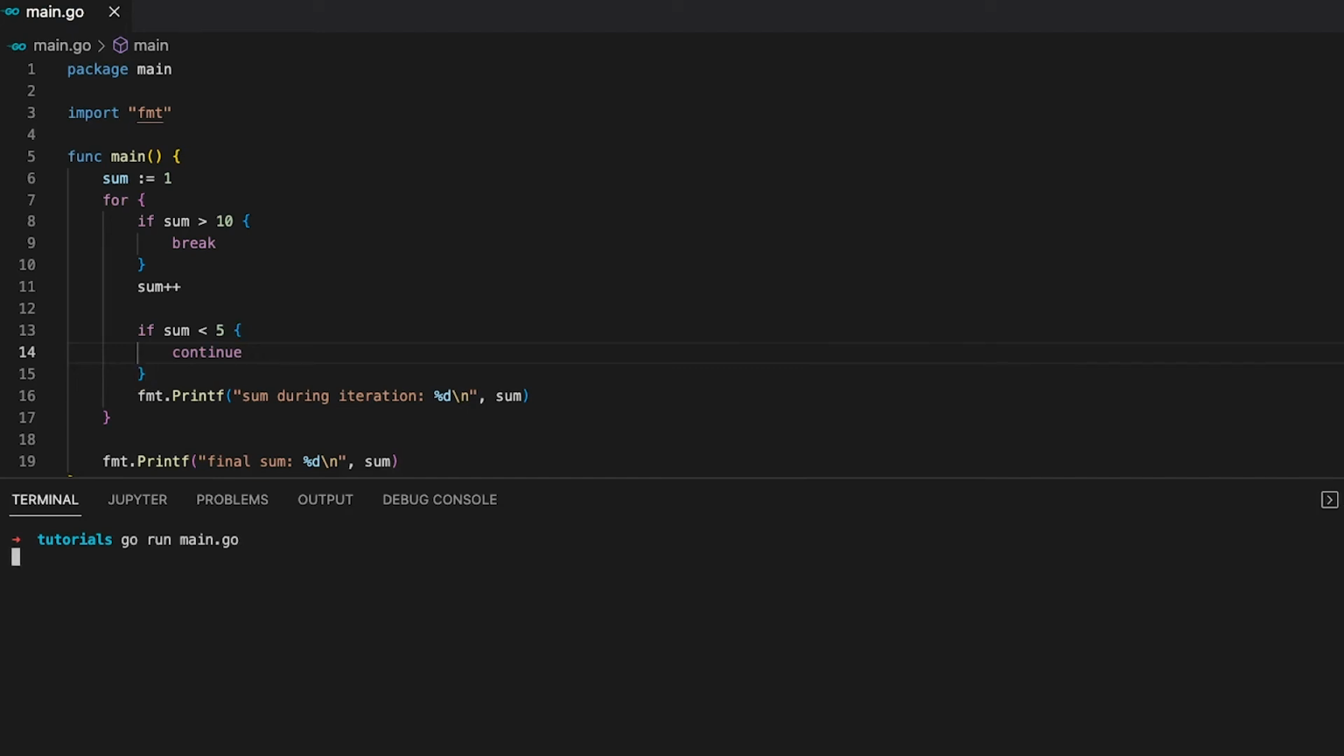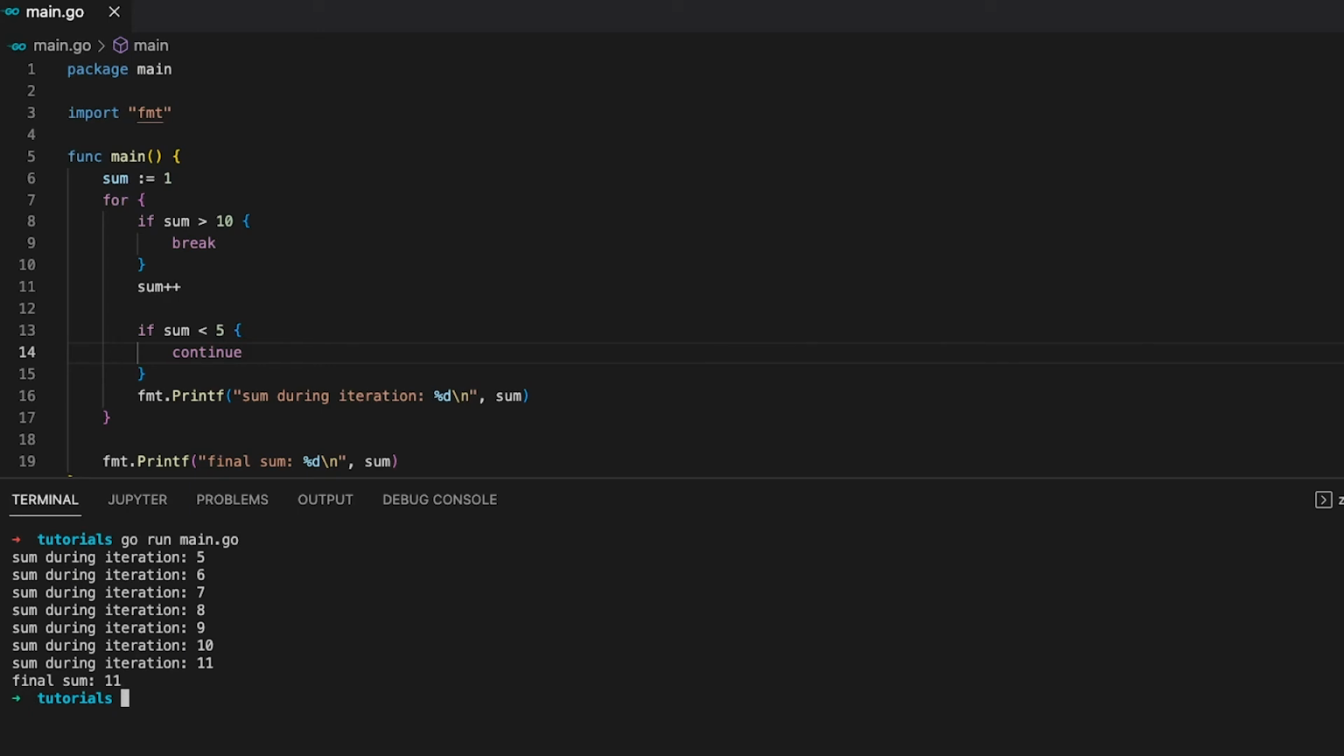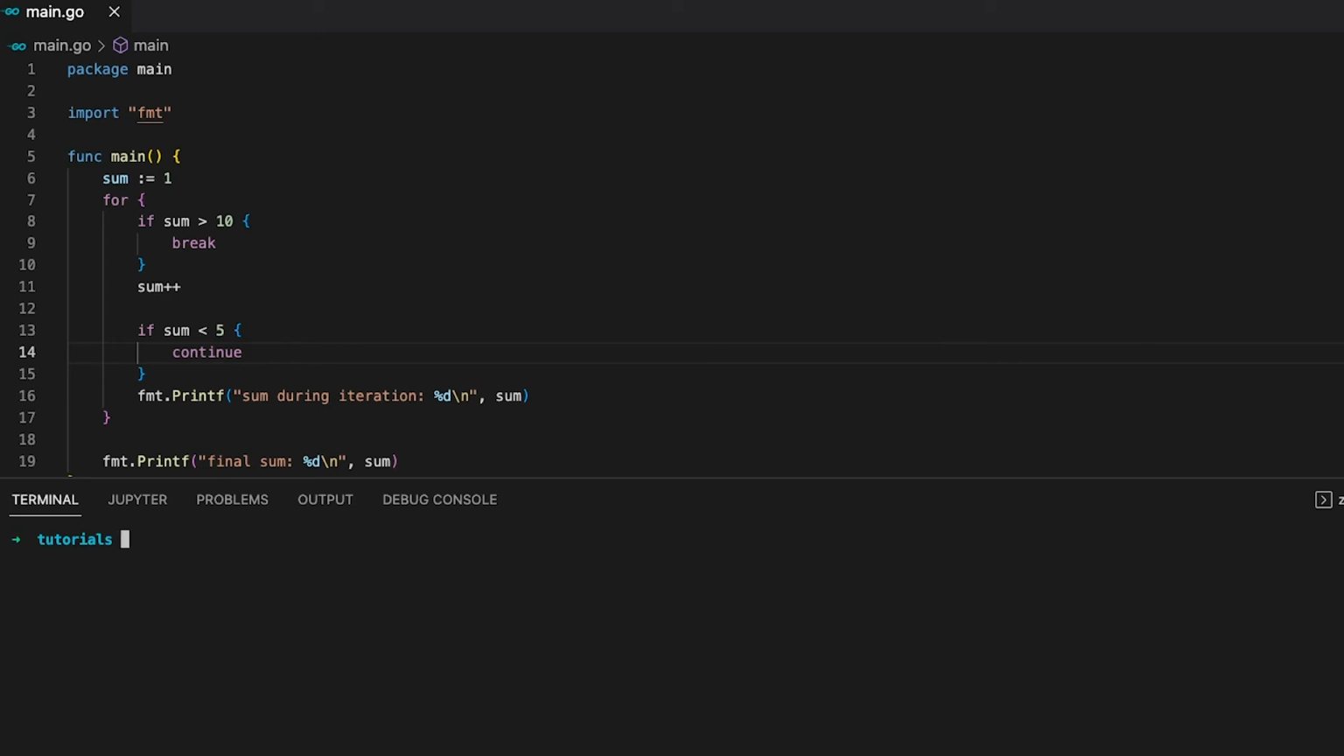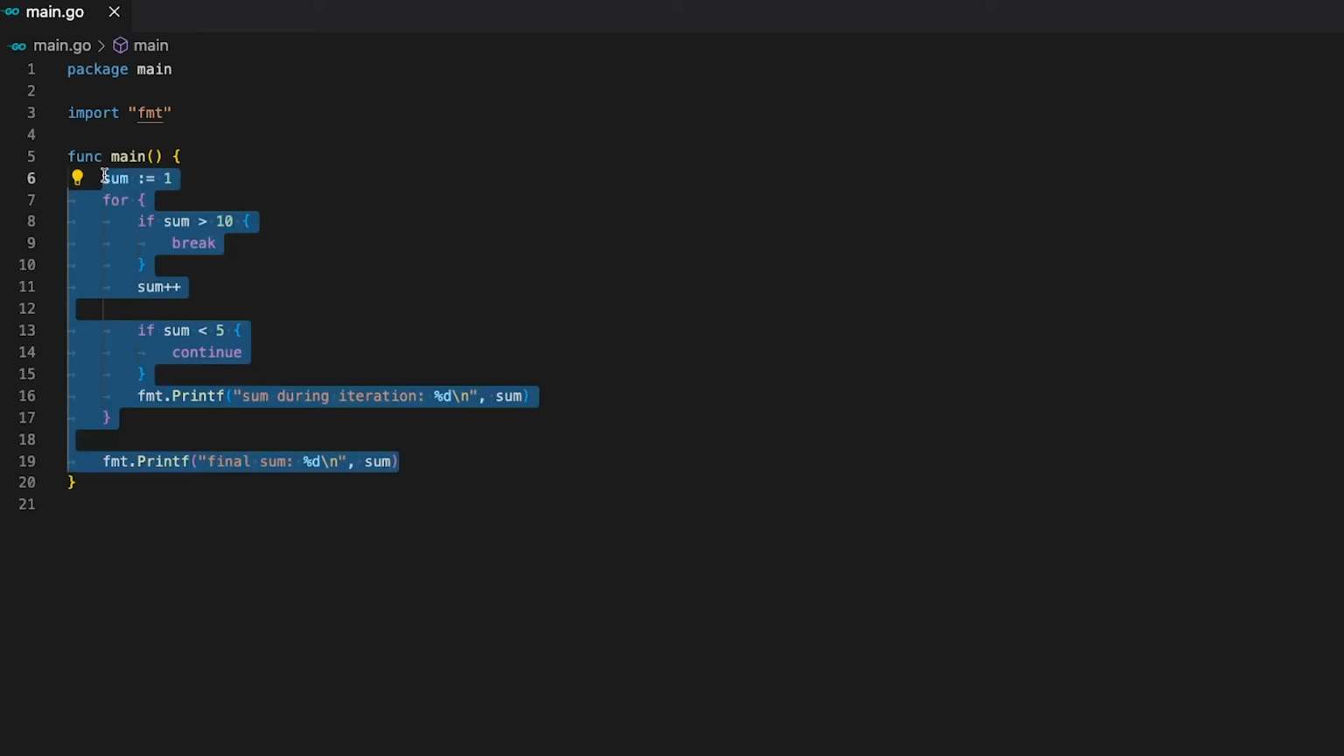Let's run the code and check if that's actually the case. Fantastic. Continues and breaks are used all the time in writing loops, so definitely make sure to understand their difference. Okay, that is it for loops so far, but I promised you to show you how you can use loops